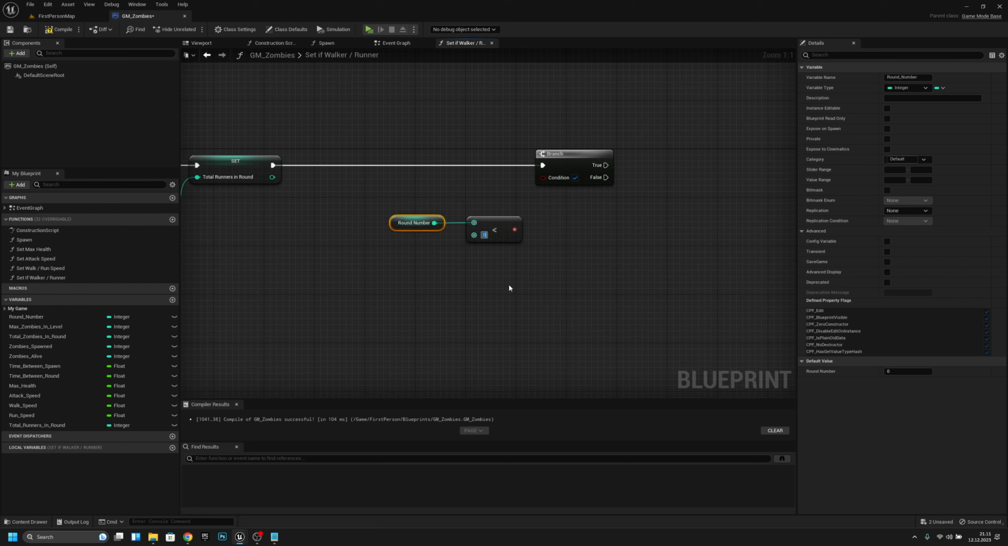a variable from the true, and now this variable should be called zombie underscore max walk speed or something like that. So this is the one that we set to the zombie blueprint. So now, if we are on, like, the first or second round, the zombies should always be walkers. Okay, but if we're not, we want to get from the false and add another branch here,